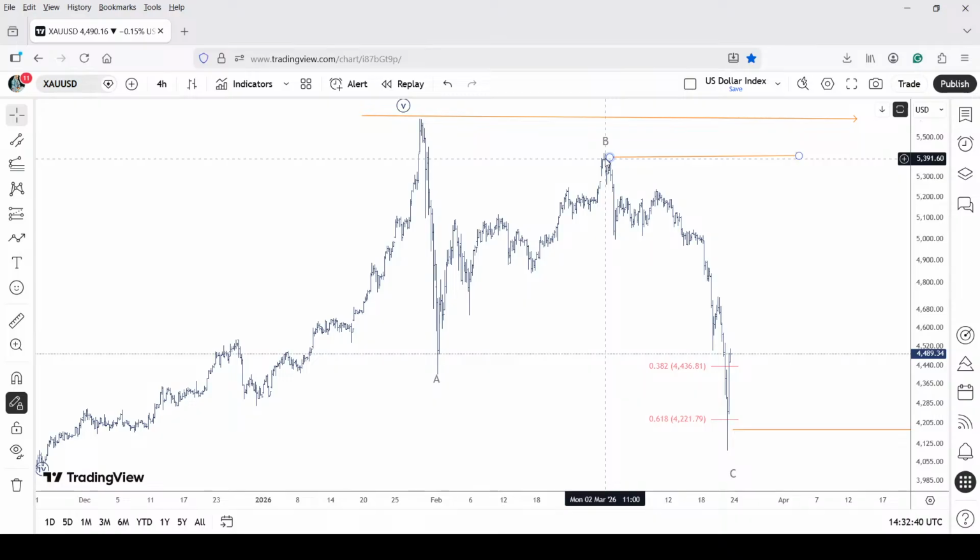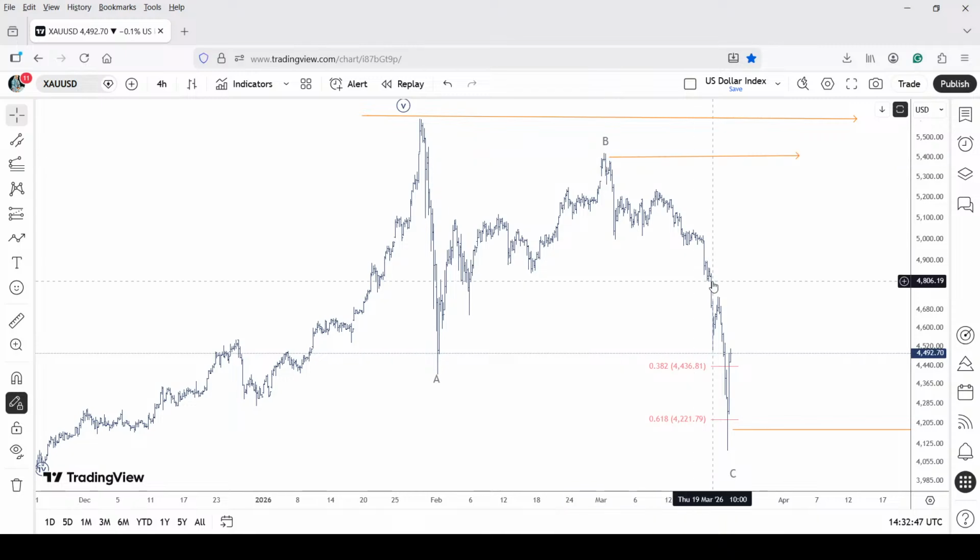Remember, we were discussing a bottom forming around the end of March. It's the end of this week, but we've almost reached the beginning of this week. That's okay. Now this could be 1, 2, 3, 4, and 5, but I would keep my options open here. So 1, 2, and then 1, 2, 3, 4, 5, and extended wave 3. That brings us to a good possibility of wave 4 being carved out right now,